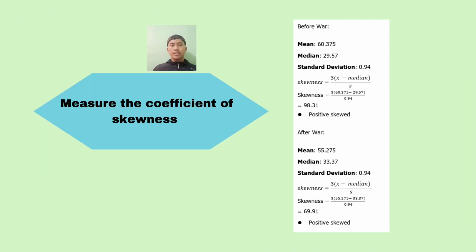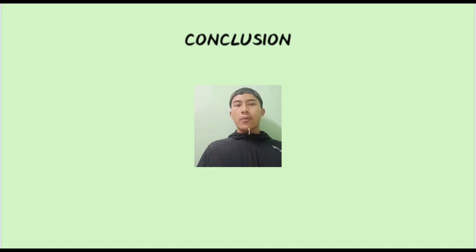Next, skewness of data. The distribution of stock prices in both periods shows a right skewed distribution. This means that most of the stock prices were below the mean, and only a few instances of high prices pull the mean upwards. Skewness is positive, further reinforcing this observation. So, in conclusion, our analysis indicates that Coca-Cola stock prices were negatively impacted by the war, as